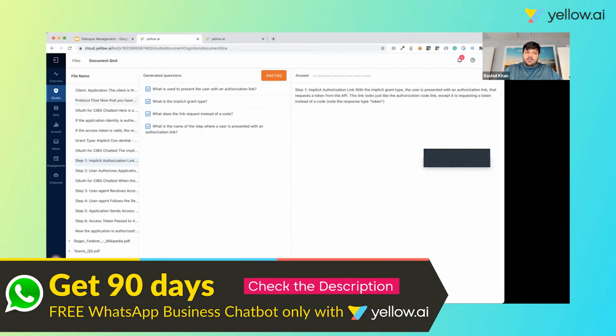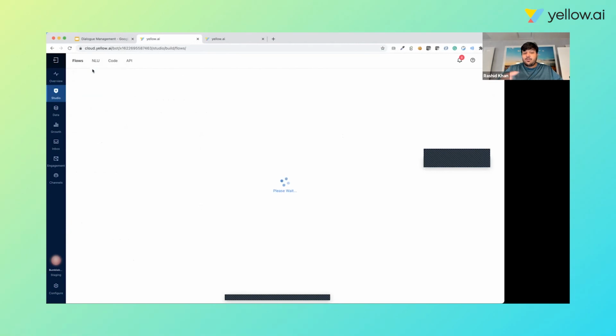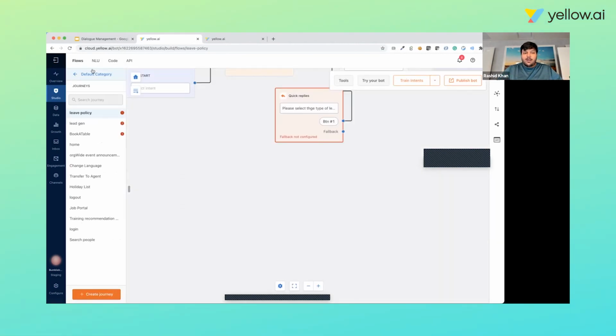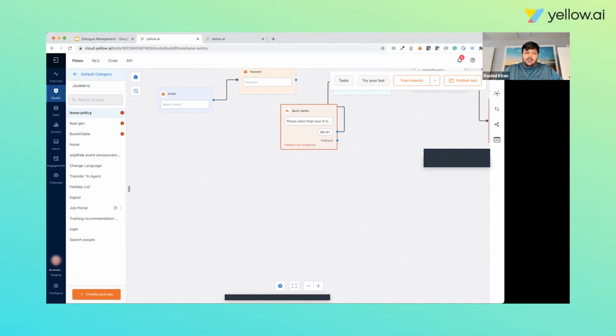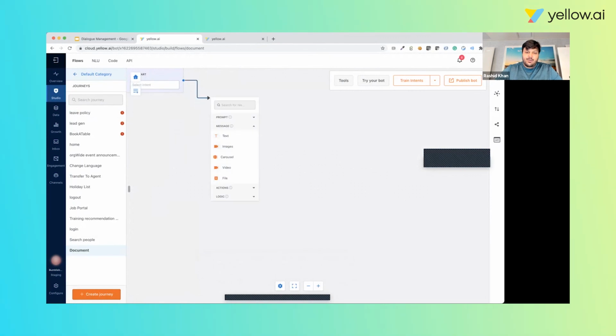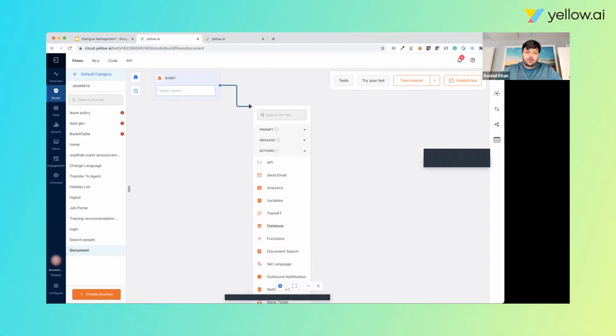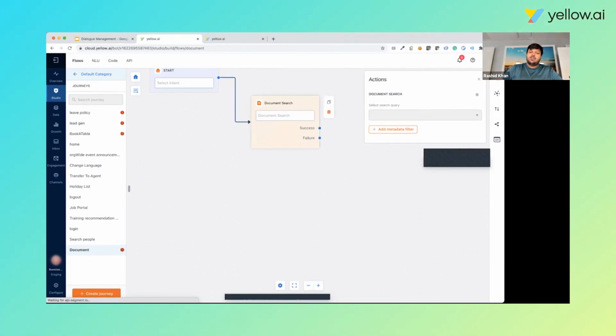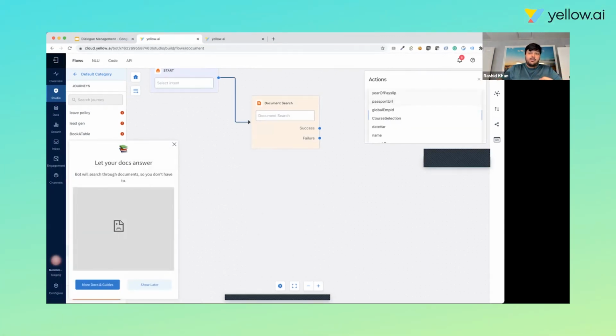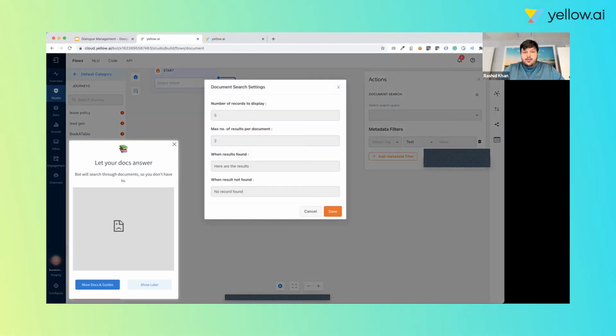And the way documents get called out, we have built out 2 levels of document fallback. First, we have the ability to, let us just create a document journey. Now over here in the action node, I will have the ability to look for a document. So I can fall back to a document search and give the query which I want to pass over here. I can add more meta filters in terms of what tags to search to enhance the quality of my search. And over here, I have more actions available where I can define how many records I would want to see and how I want to showcase that end result to the consumer.